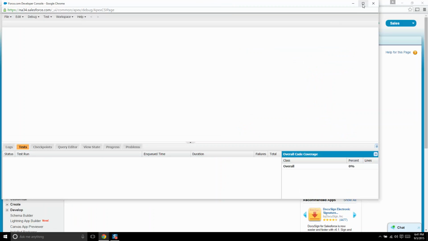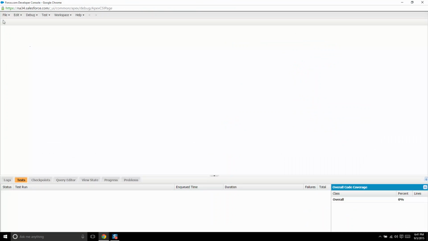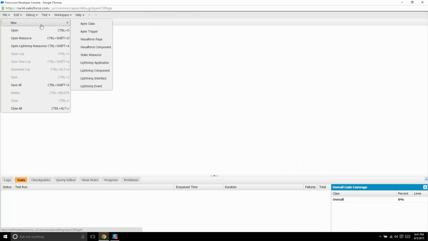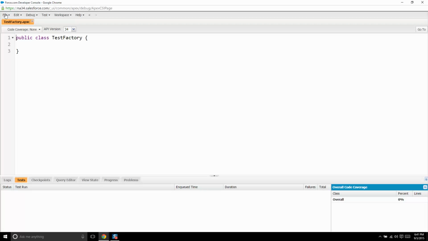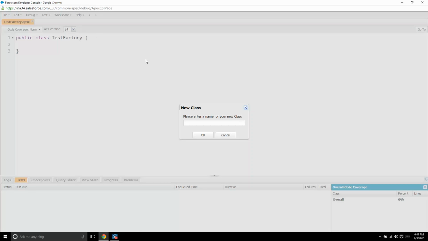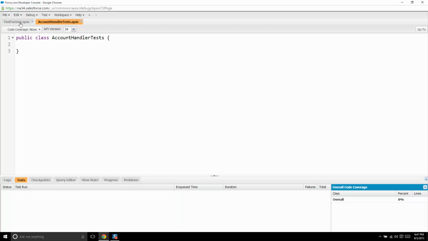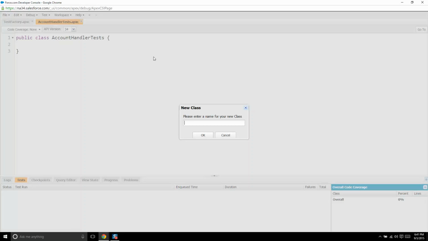Okay, maximize this. So, I've kind of mapped out what I want to do. I'm going to start with a test factory. And then I'm also going to have an account handler. I do test-driven development, so I usually start with the tests. I'm also going to have the actual account handler itself,